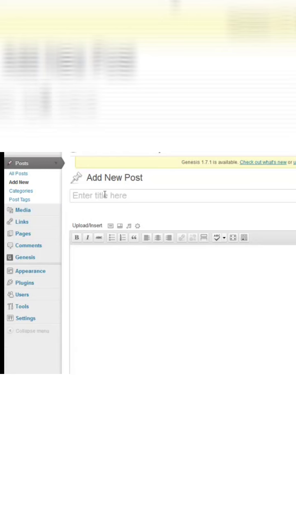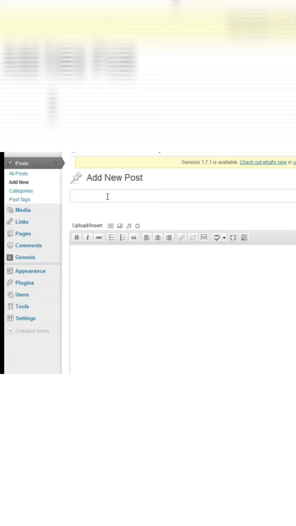So what you need to do is go to your dashboard, click under Posts the link Add New, and then you'll want to put in a very descriptive title, and this is where you want to be very creative and follow your keyword research findings. The idea being here that the URL of your posts matters a lot. In fact, the title is the most important thing you can do for your website